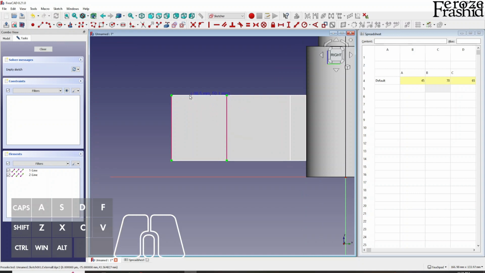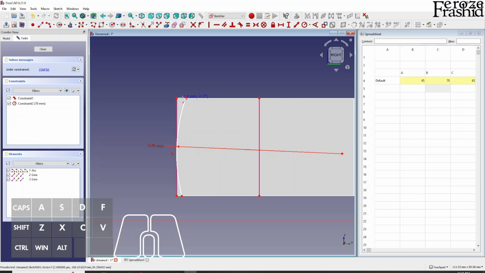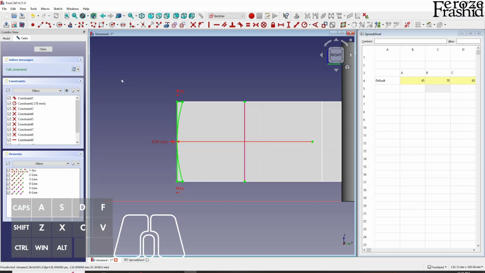I'm gonna say take this arc, make it tangential to this end line, and make it 70 radius. Alright, and because I will be cutting things away, right, I want to make that an empty space. So let's make this the area that I will be cutting down. Now these two will be horizontal and they will be equal. Okay, and now let's go ahead and